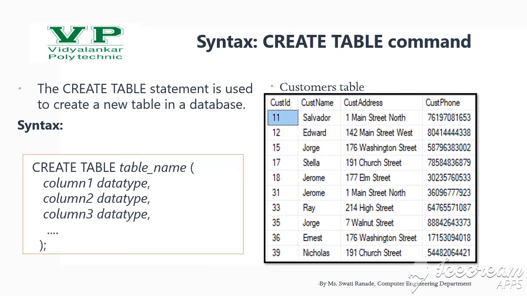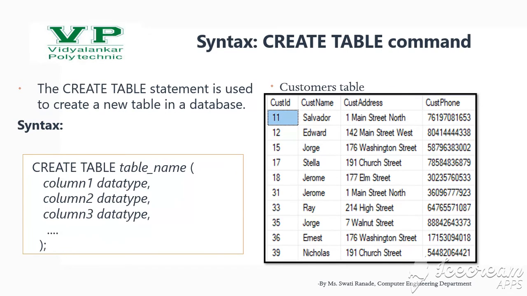So this is about syntax of create table command. So let's discuss about that. Create table, table name, where you need to mention your table name that you want to create in a database. Then the first column name and its data type. If you want to add more columns, then just give comma, then the next column name and its data type. So this is how you need to mention all column names and their data types. After completion of that, you need to close that round bracket, and that semicolon is optional.